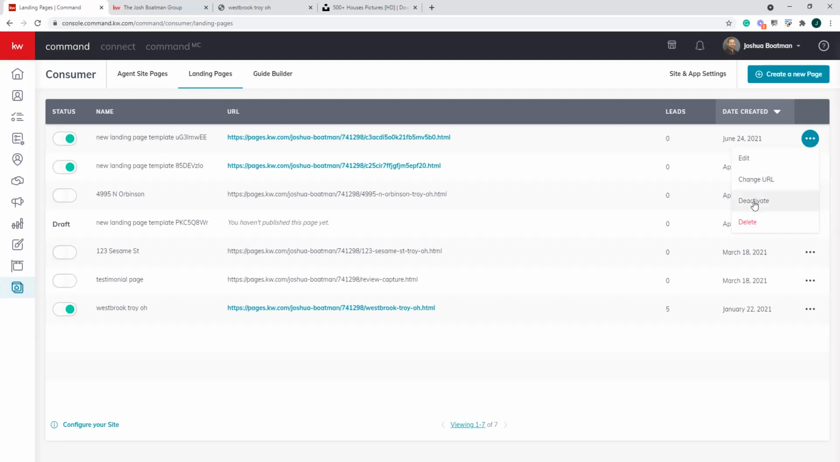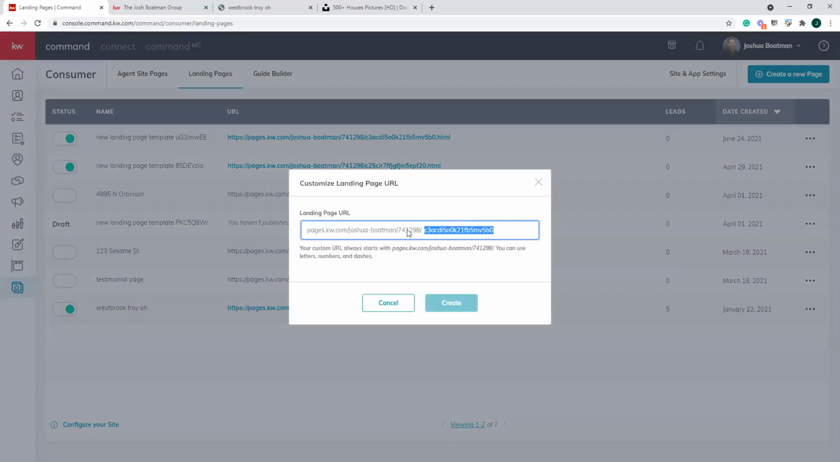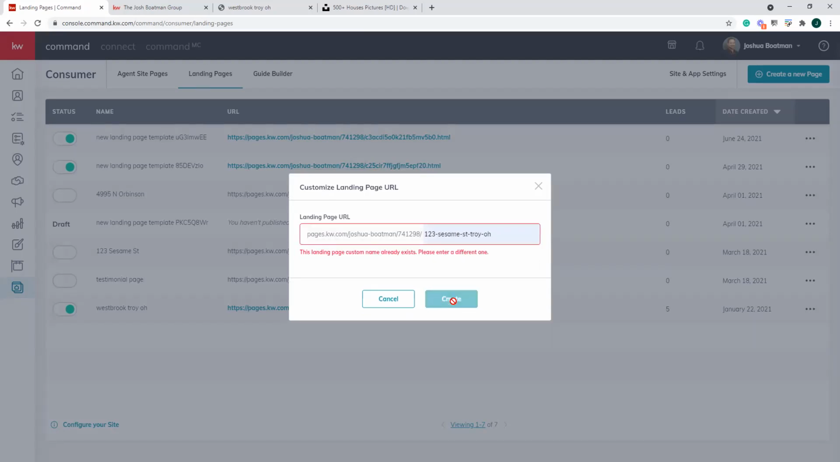We can deactivate it, delete it, or we can change the URL. It just allows us to change this end. We can't change the first part, but what we can do is put in the property address. Whoops, that already exists. So let's do